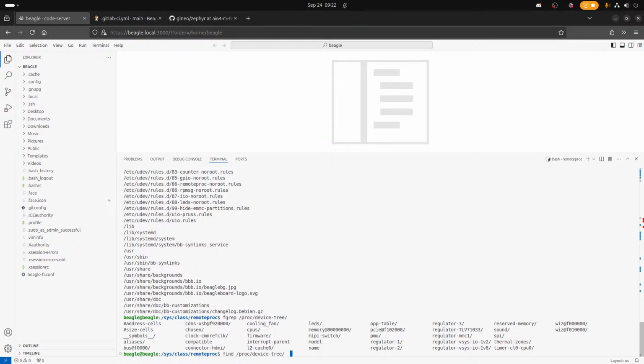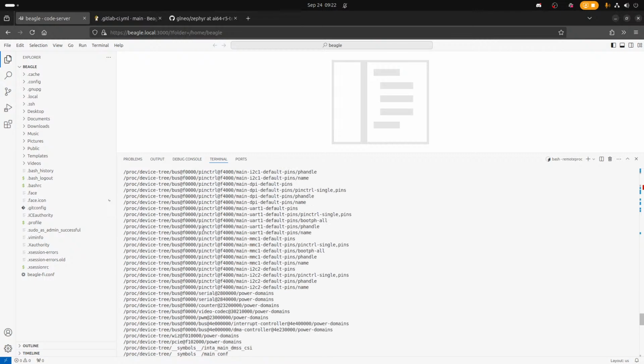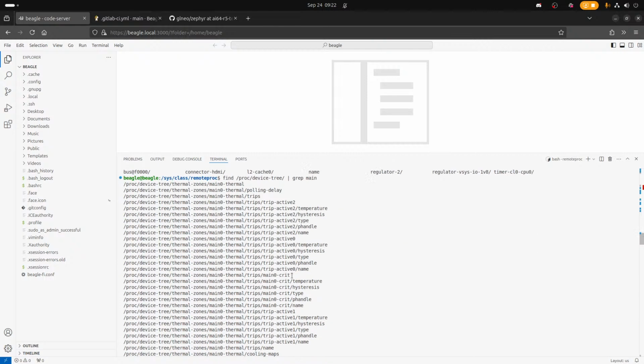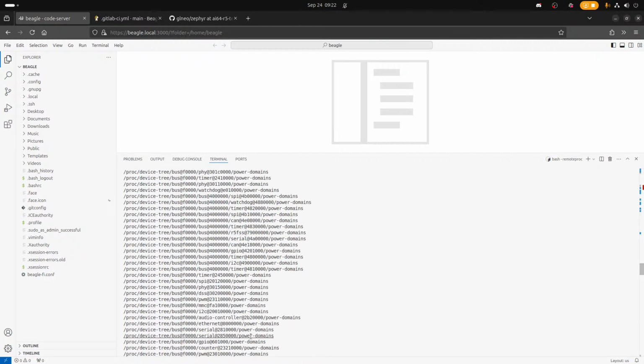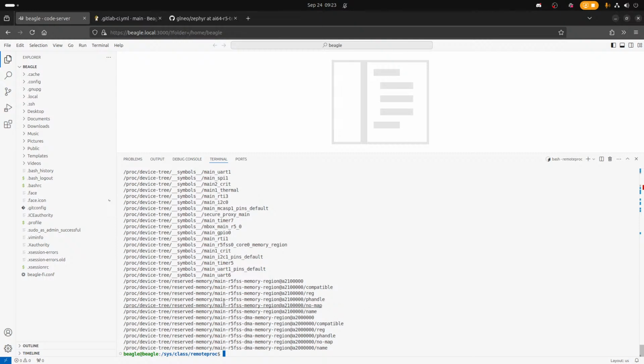Ah. Which one of those is R5? Main. I don't like not knowing which remote proc is which.